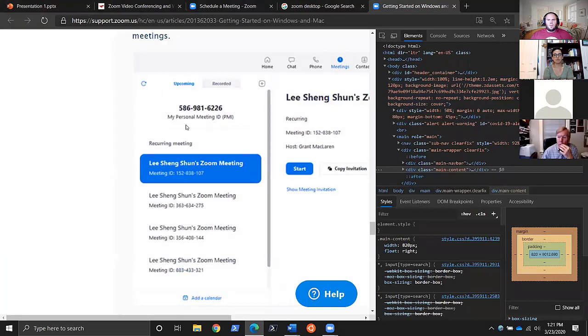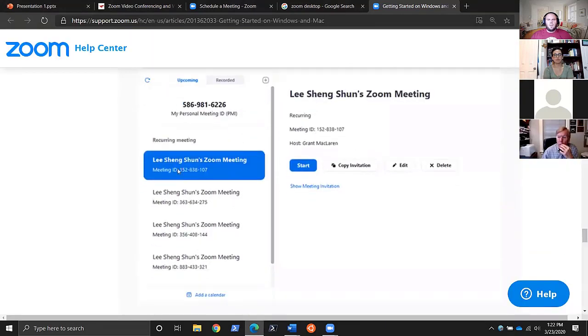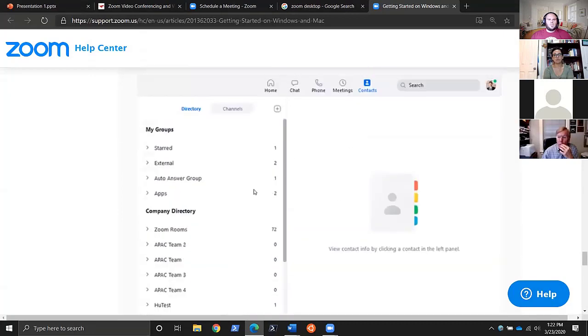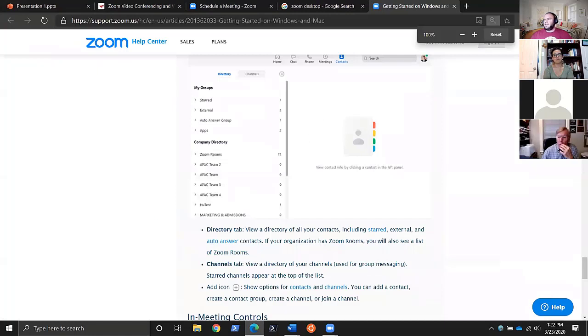Right here, under the meetings tab, this will show your upcoming meetings. You can start your meeting from here, copy the invitation. You can even edit some of the meeting details. The edit settings is more powerful in the browser window of your settings, but you can usually edit the basics that you need to change in here. And then finally, it should show us contacts, which you can search for who you're looking for in your contacts. So that is,